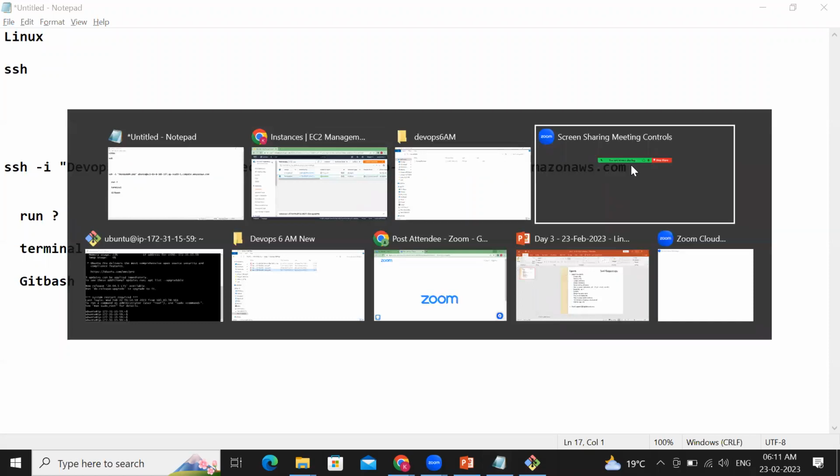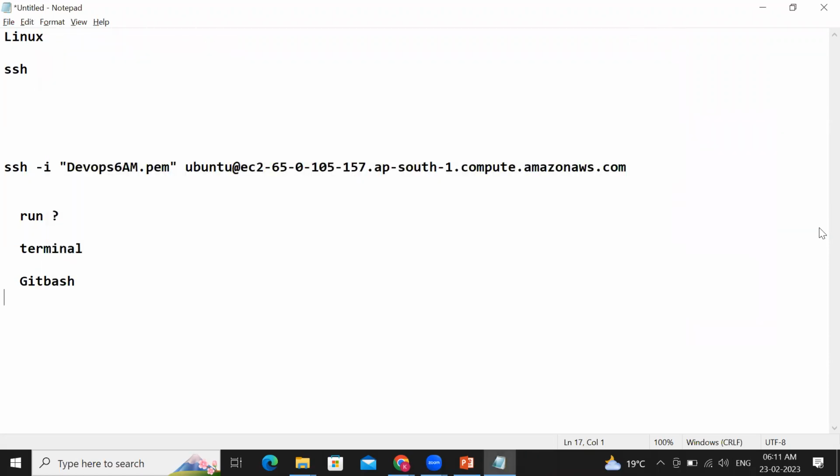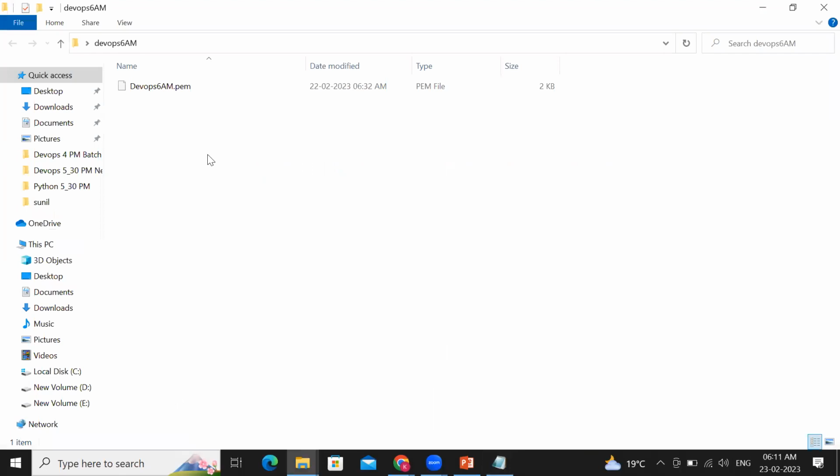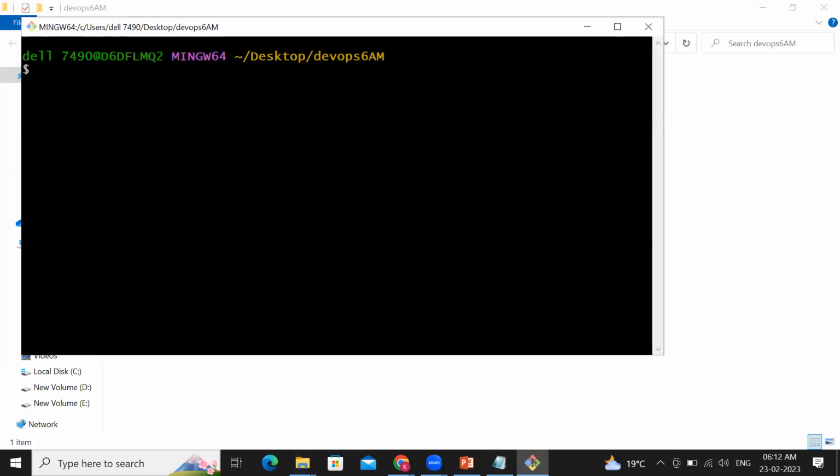I'll be showing you. Let me close this. I open the terminal. Where should we open the terminal? In the Git Bash. The terminal should be opened from a location where the PEM file is available. So where is the PEM file available? In our case, the PEM file is available on the desktop. On the desktop, there is a folder called DevOps 6am. Here is the location where the PEM file is available. Right click. Open the terminal. Now your terminal is pointing to Desktop DevOps 6am. Now here,